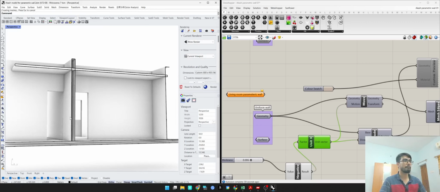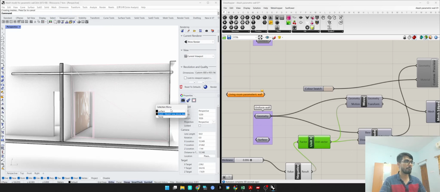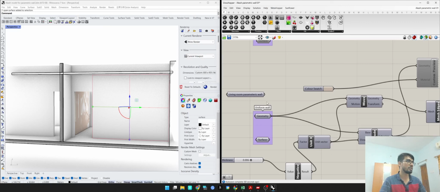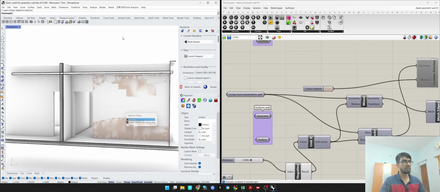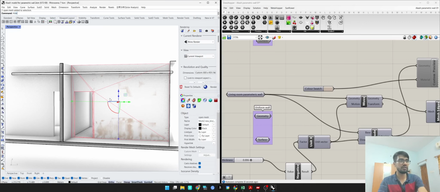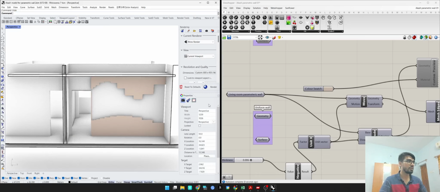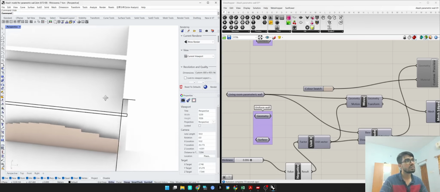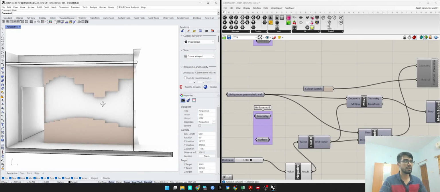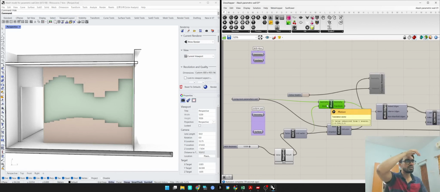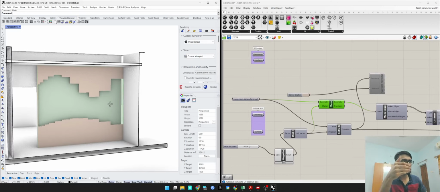Yeah. Surface, right click, set one geometry, Control Shift, do like this and hide. Great. Okay. Now, now let's see